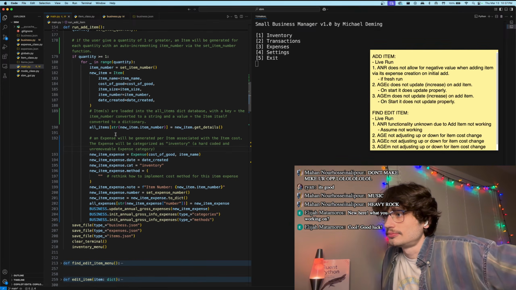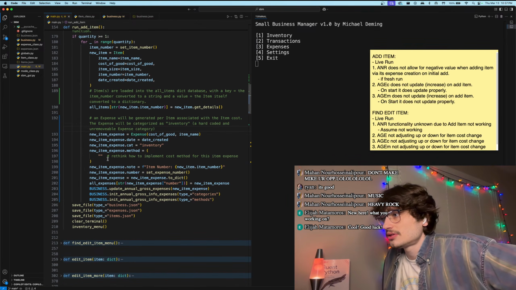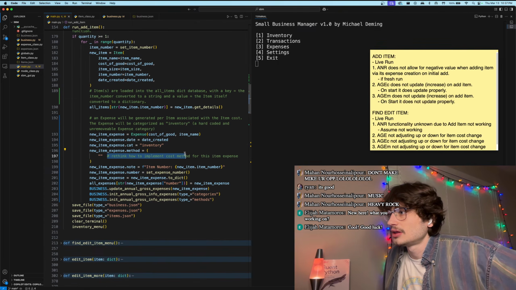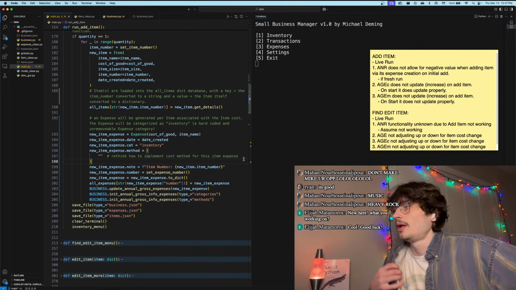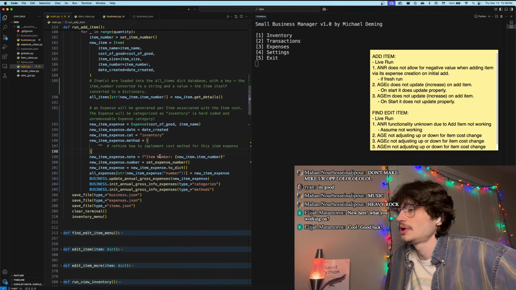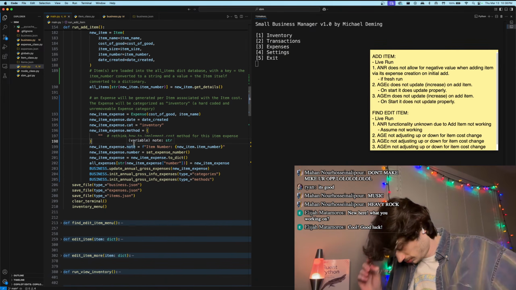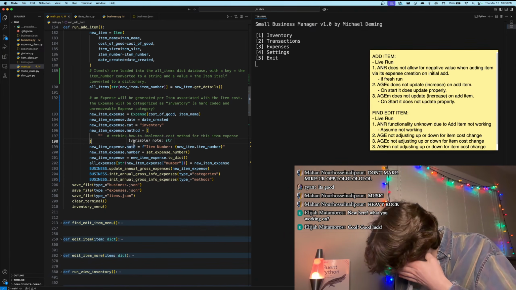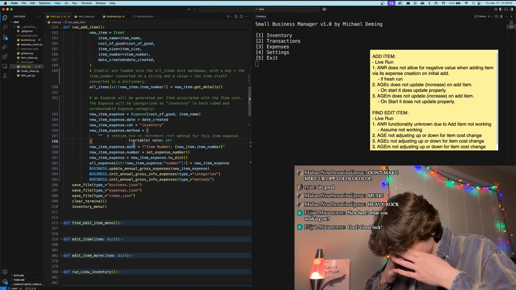And then we need to think about how to implement a method, a cost method, right? So we need to allow the use, so a method